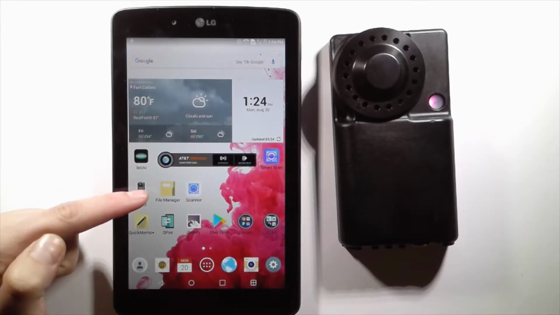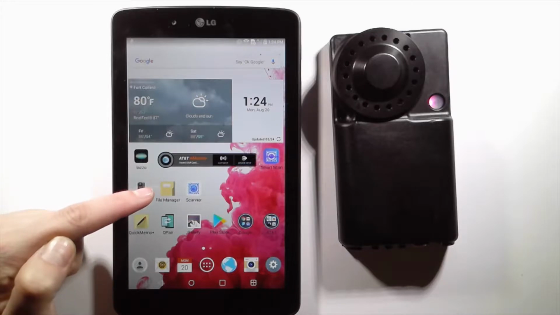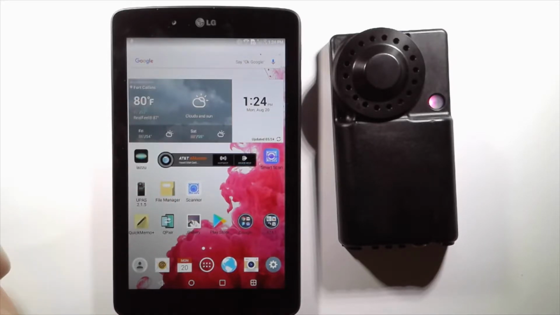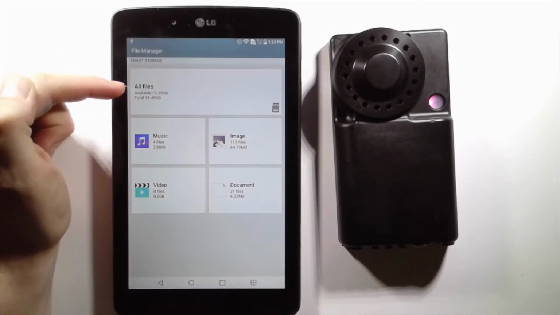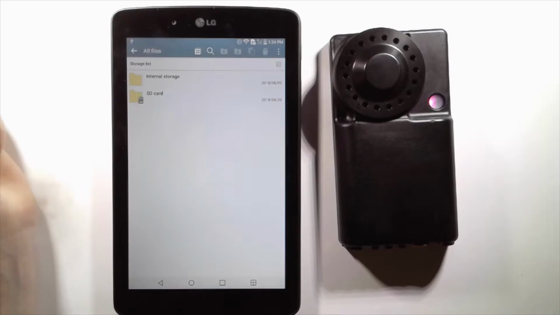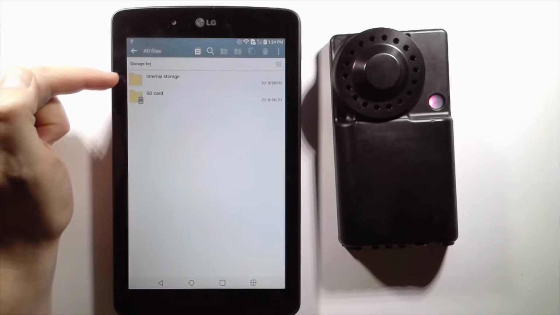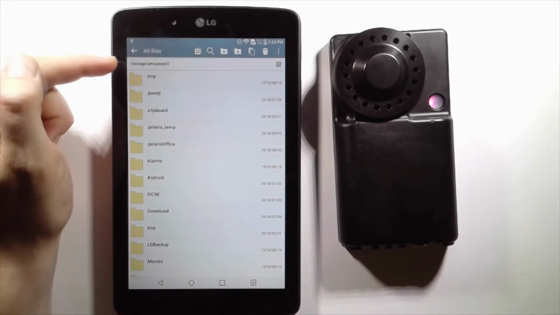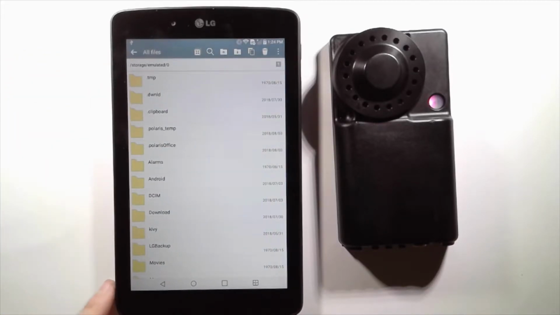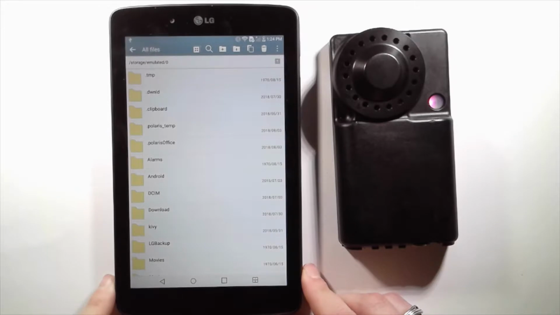So you're going to want to go into your file manager or device manager, depending which type of Android you're using. We're going to open the file manager. And under here, I'm going to select all files. I'm going to select internal storage of your Android. And now it's going to give me a list of files that are already internally stored, but we're going to